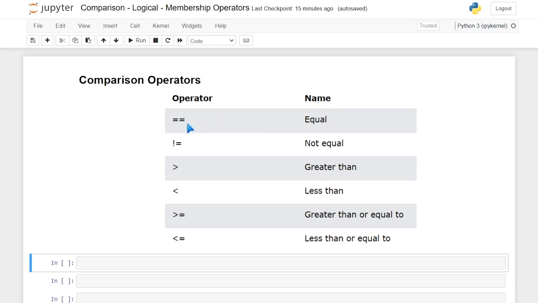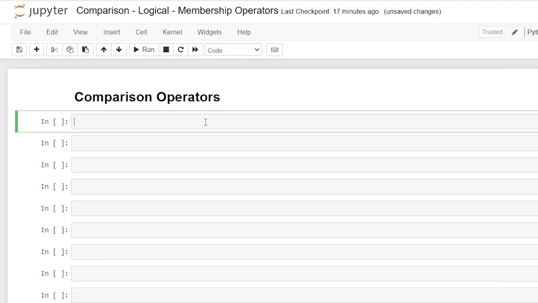So this equal sign stands for equal. We have the does not equal, the greater than, less than, greater than or equal to, and less than or equal to. And honestly, I use these almost every single time I use Python, so these are very important to know and know how to use. So let's get rid of that really quickly and actually start writing it out and see how these comparison operators